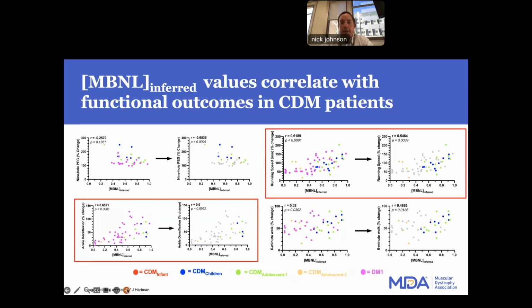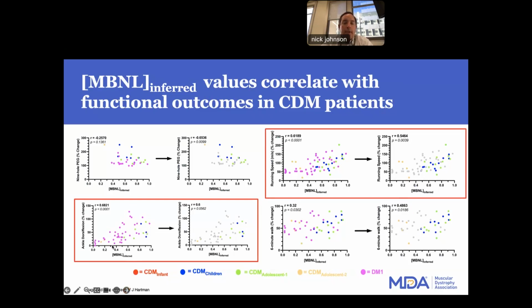We don't particularly like taking biopsies from children. And so, is there a way to do this differently? This work is being done by Julie Hartman, who's an MD PhD student in our lab. I'll draw your attention to, so this is essentially looking at the MBNL inferred